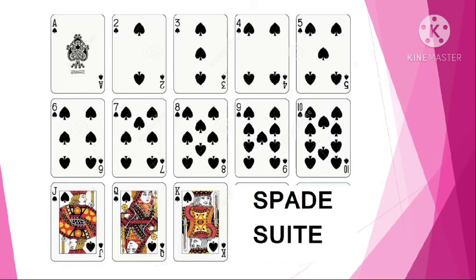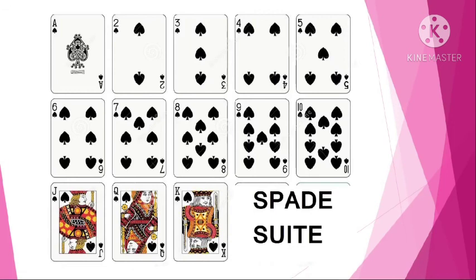J is called Jack. It is a face card, which means that there is some face on that card, so it is called a face card. Then next is Q, that is Queen. Queen is also a face card. Then the third one is K, King. So in each suit there will be 9 numbered cards from 2 to 10, and 1 ace card